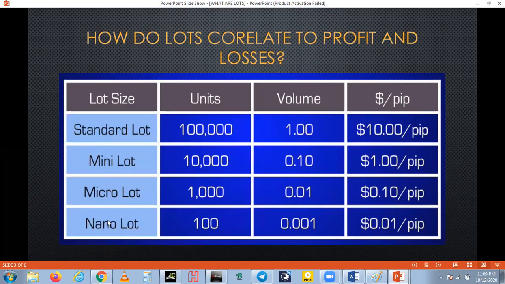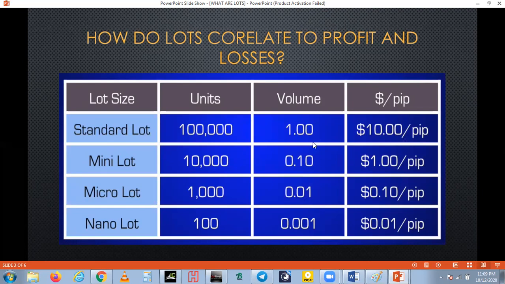The nano lots, you may not see them in 95% of brokers, unless you ask for it specially. It is rare for you to have a nano lot. I know of these three lots very well. So the standard lot is 1.00, that's the volume, and the mini is 0.10, and the micro is